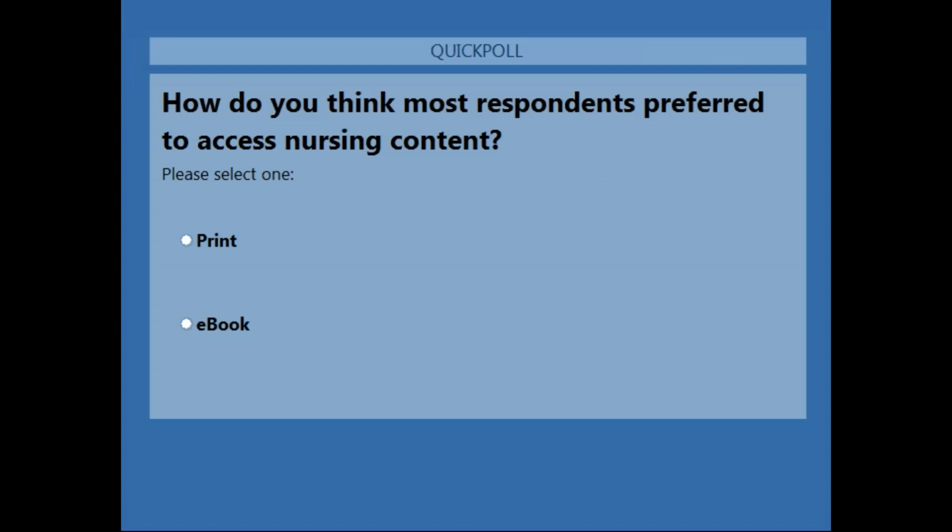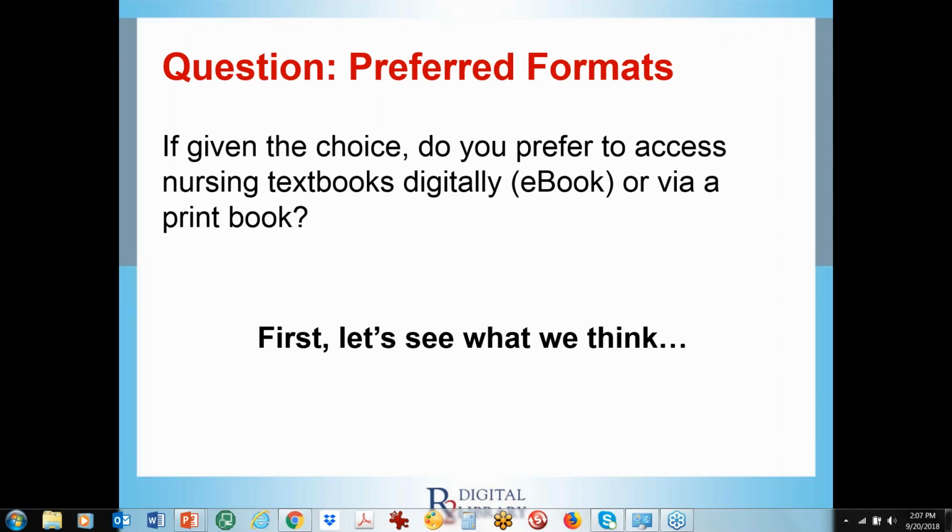We can take a few seconds to gather responses. All right, looks like the responses have come in, so I'm going to close the poll here.